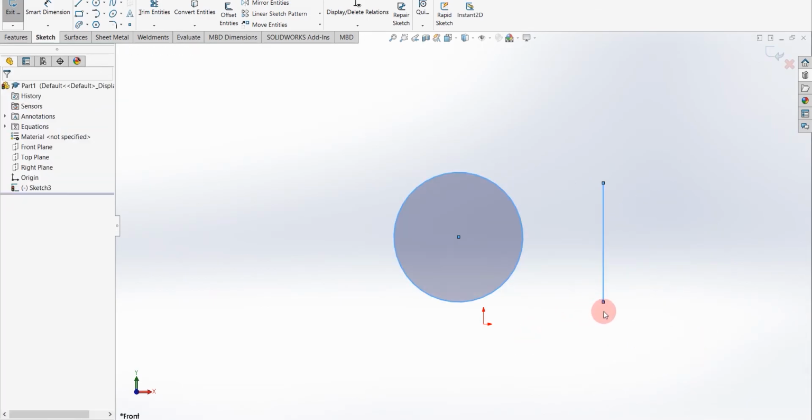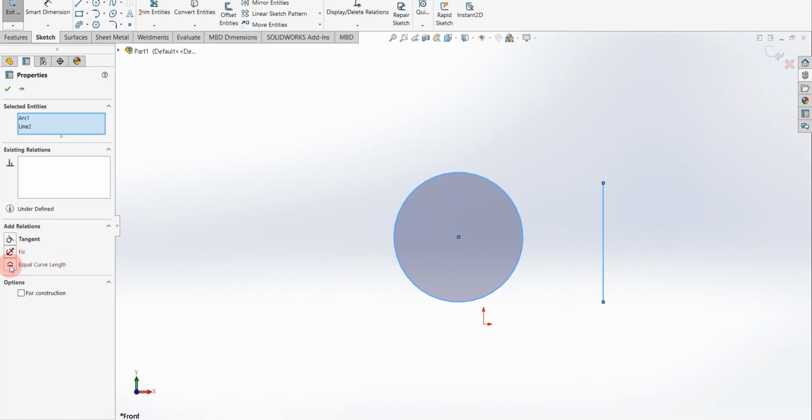Another relation is equal curve length. When I click equal curve length, the perimeter of the circle and the length of the line will be equal. We can say that if I cut this circle and straighten it out, it will have the same length as this line.